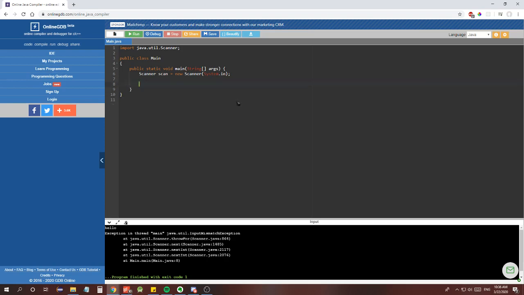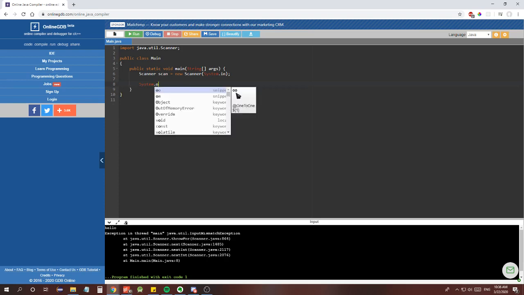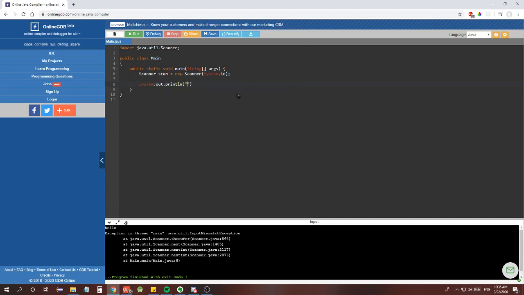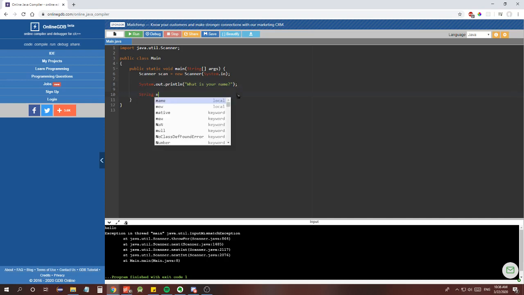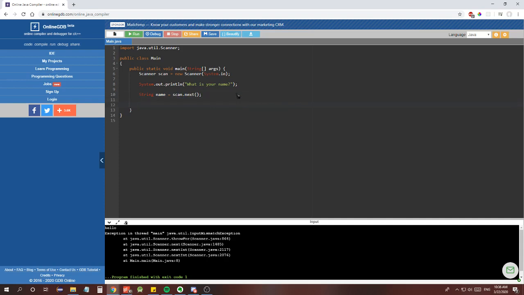So let's just do something a little bit more complicated. Let's say System.out.println, and then we're going to have the computer ask the user something. So, what is your name? And it's going to wait for the user to type something in. So String, let's just call it name equals scan.next. And then once it takes in the name, let's have it say something back. Maybe we can repeat it. So let's say System.out.println,